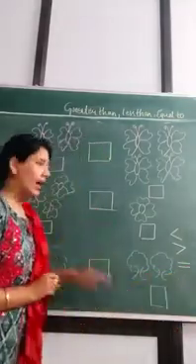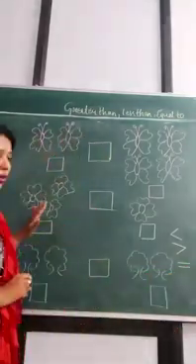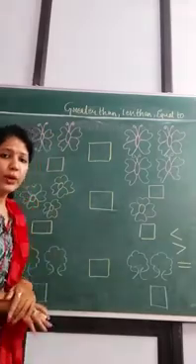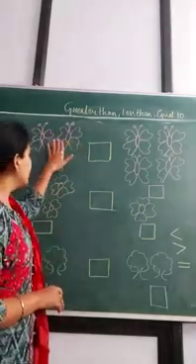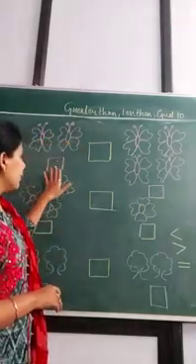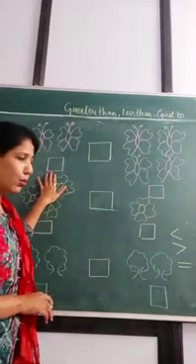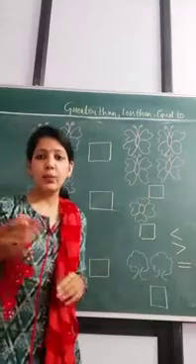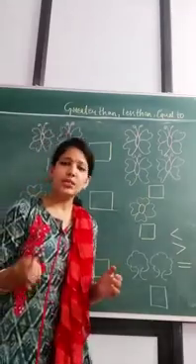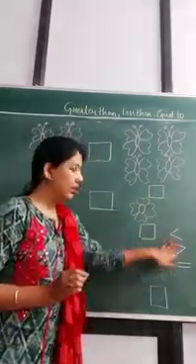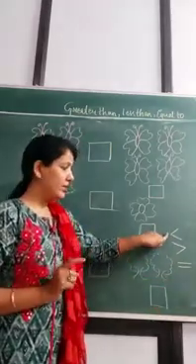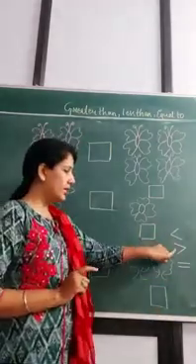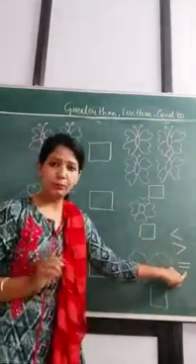So similarly, as you can see, I have drawn lots of pictures. So what we are going to do? First, we are going to identify the pictures and then write down the numbers in this box here. After that, we are going to compare in which side there are more objects, and accordingly we have to put the sign. So remember, this is a greater than sign, this is the less than sign, and this is the equals to.